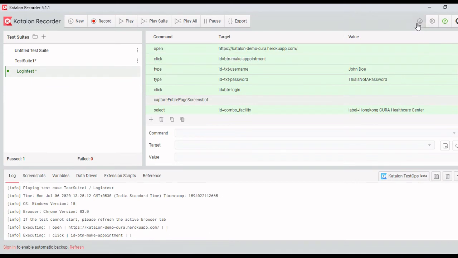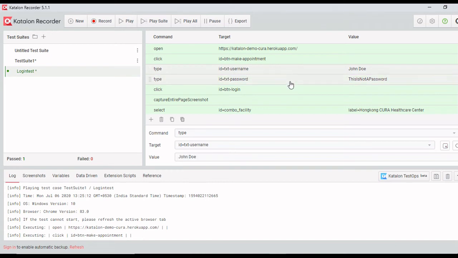You can change the speed of the execution by clicking this button, and you can make it slow or fast. In the test case, if you see, each step has the target. Target is nothing but the attribute and its value to identify the object on the web page.